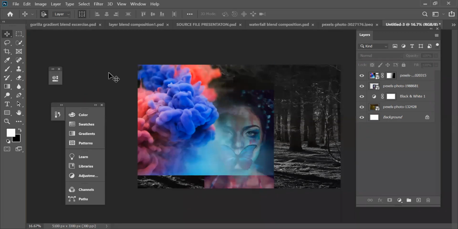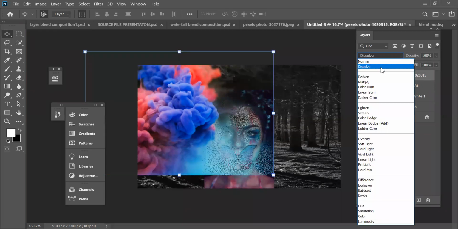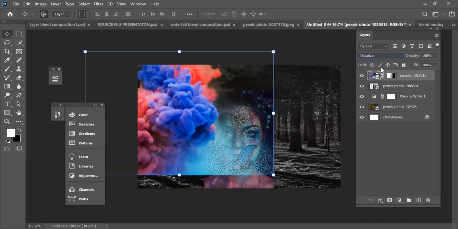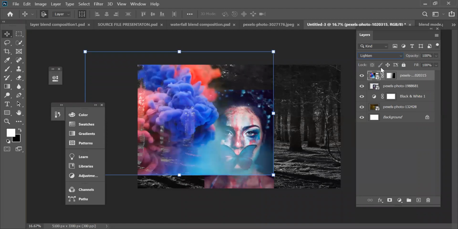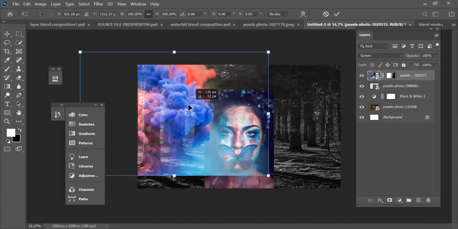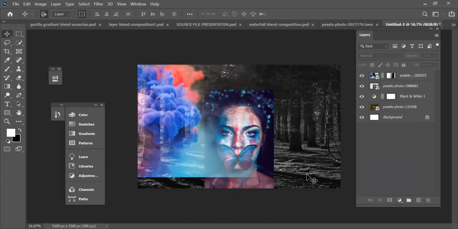Okay, another thing that I would do here is use one of the blend modes. Like I could use a screen, you know, and just push this photograph over here like this.